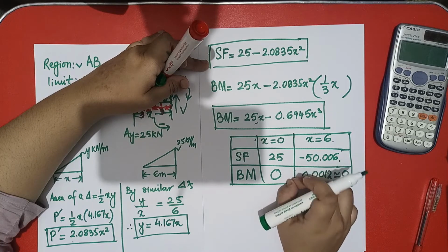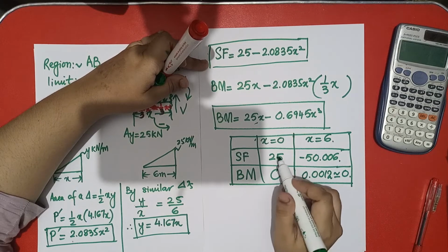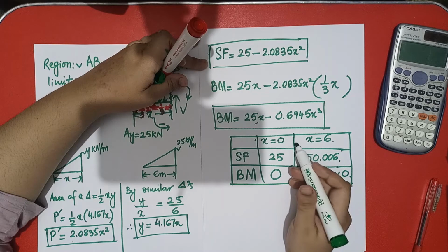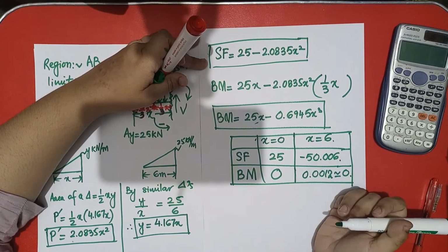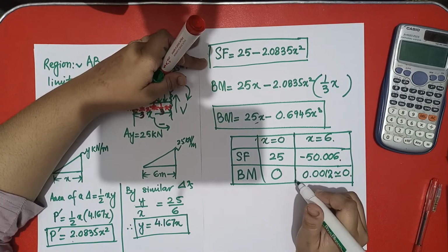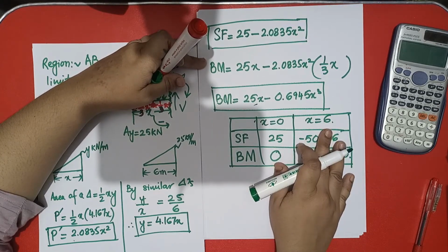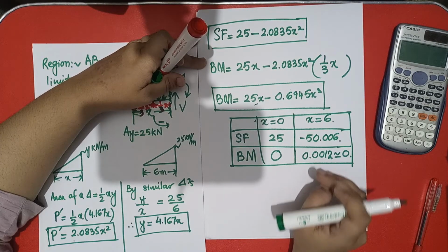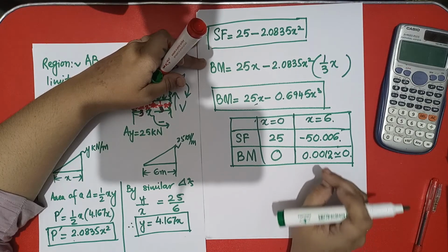We are not checking between 1, 2, 3, 4, 5, because the length of the beam is 0 to 6. So obviously there are points between them, meaning the beam has 1 meter, also 2 meter, 3 meter, 4 meter, and it goes up to 6 meter. If you want to take 1.5 to 2.5, the beam obviously has that length also. So keep it in mind, I already told you last semester that bending moment is maximum wherever the shear force equals 0.